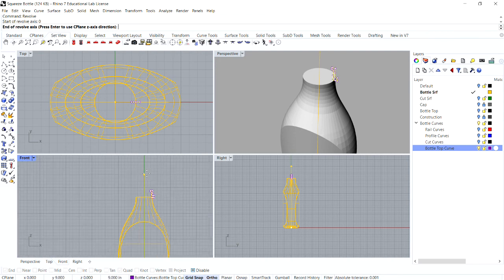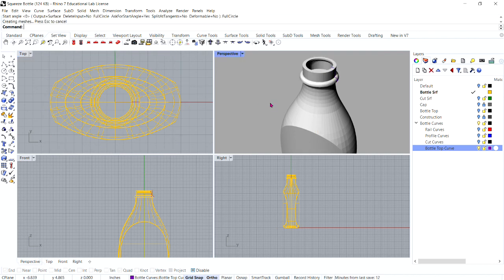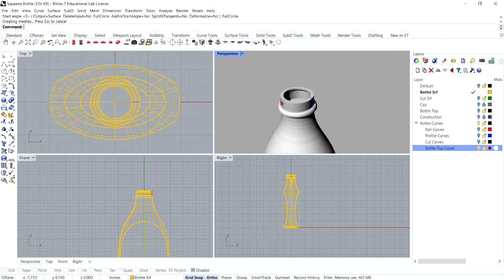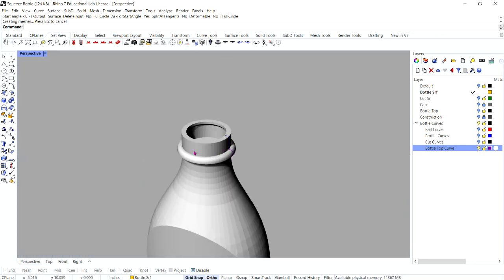So in other words, I'm just going to move upwards and click upwards in the z-axis, and that establishes that end of the axis. Now it wants to know the start angle. Right here, go ahead and move your cursor over to your command bar and click where it says full circle. Now you have effectively created the bottle top, right?